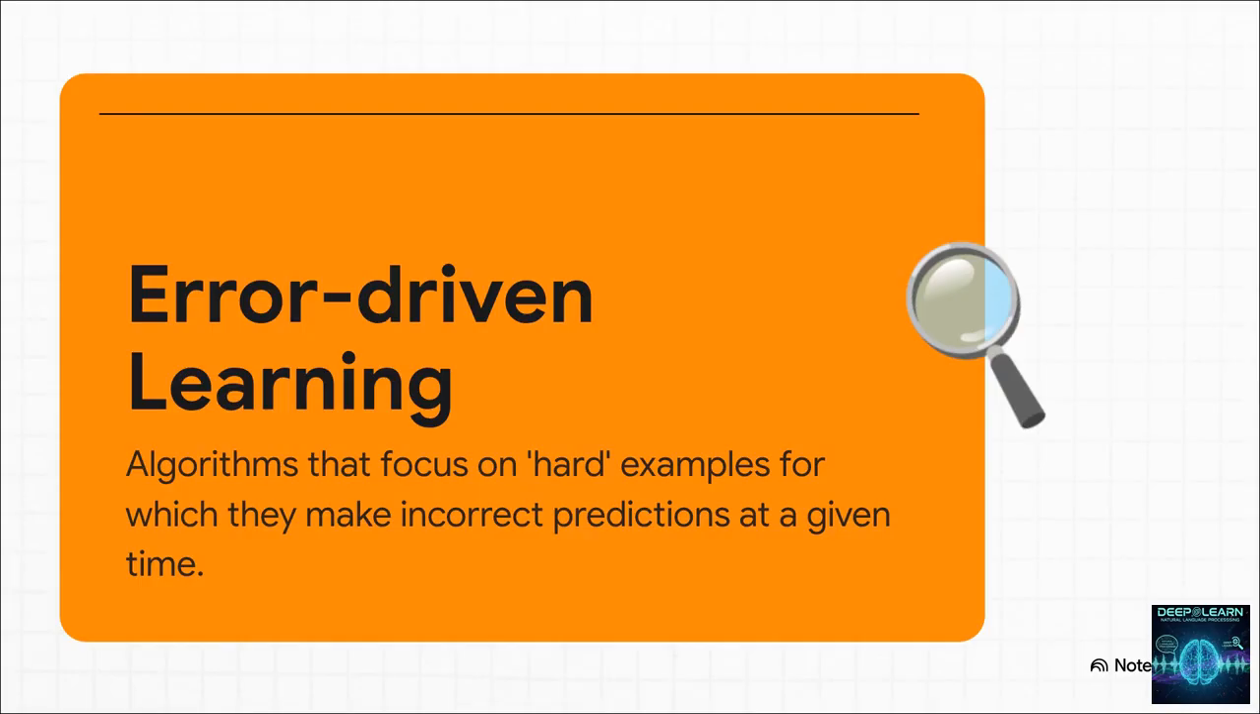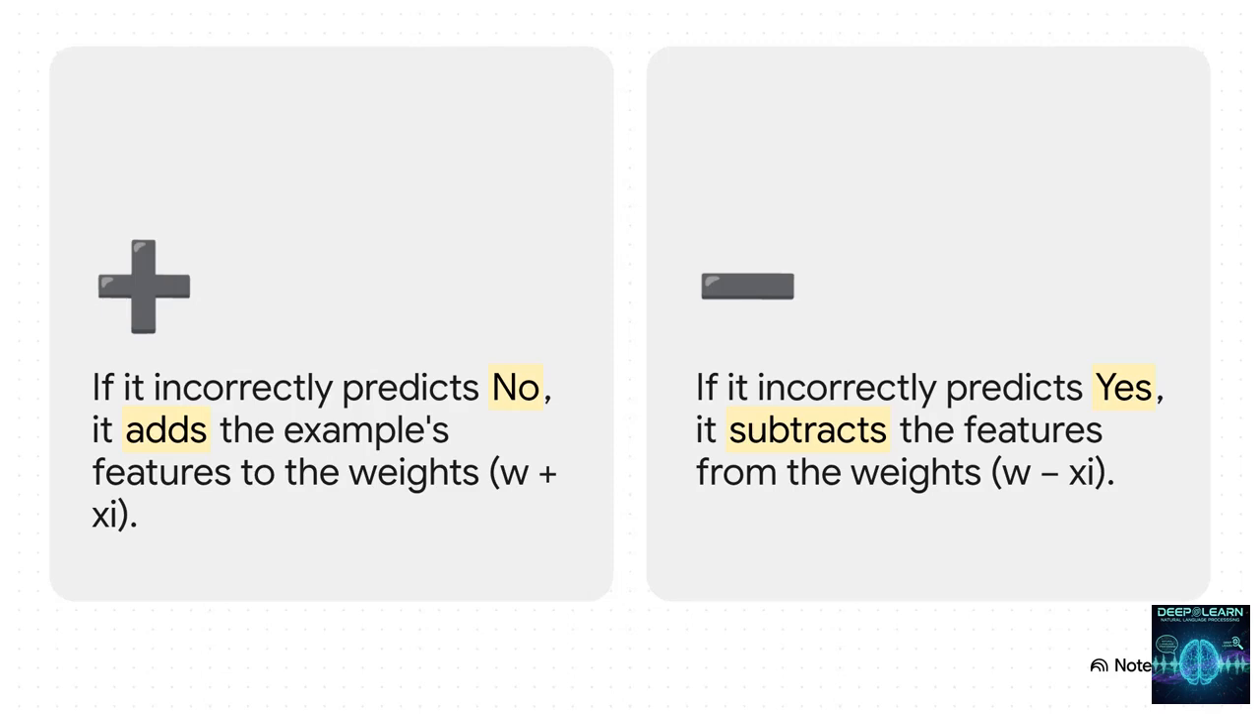If the machine gets the answer right, it does absolutely nothing. It only changes its thinking. It only adjusts those internal weights when it gets something wrong. And the way it updates itself is incredibly simple. Let's say it predicts no, but the right answer was yes. All it does is tweak its weights a little bit to make a yes answer just a little more likely